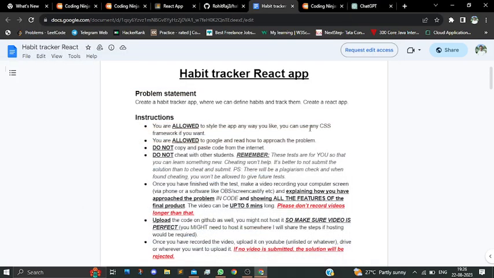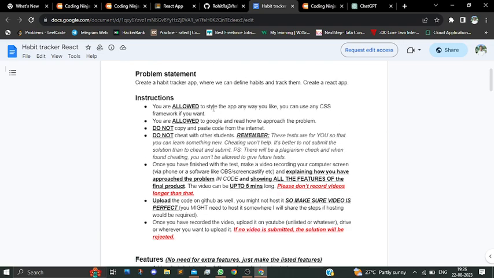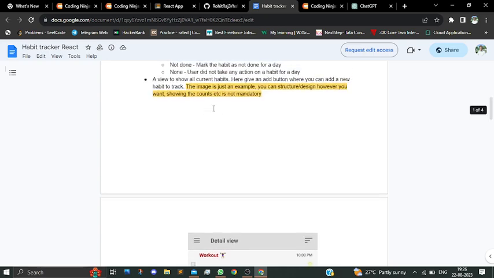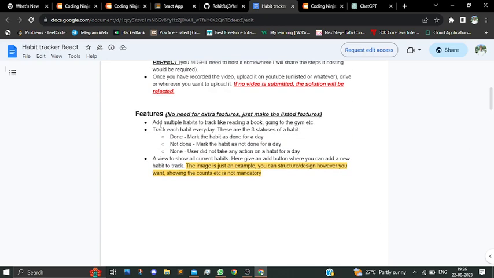So in this project we have to build a habit tracker app. It's a React app where we have to use Redux and all. So let me tell you the features. Add multiple habits. We can track done, not done, none, and you can show all the habits weekly and